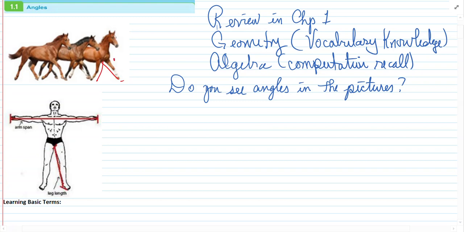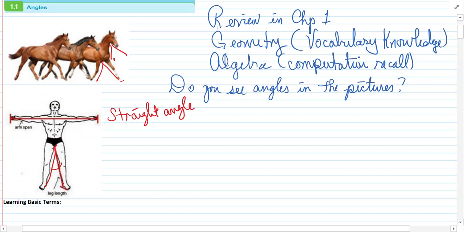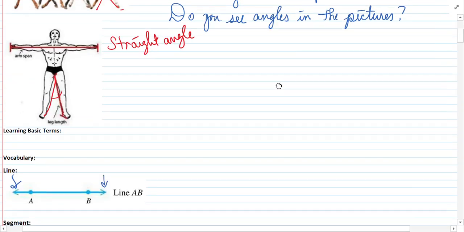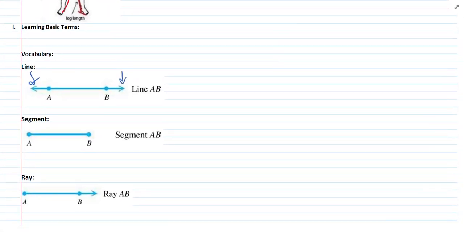Now, I'm not showing all angles, but there are spans of angles. This is a straight angle. And that's what we'll be studying, recognition of type and size. So let's first look at our